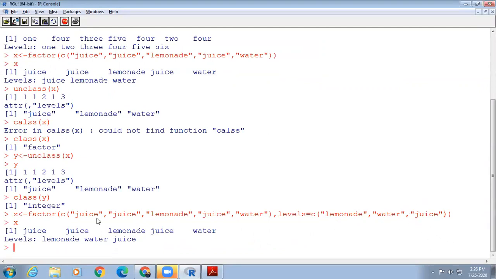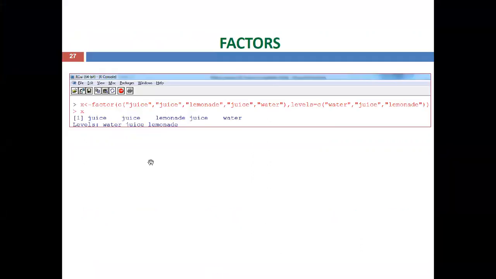The values from the vector c will be displayed in the same order, but levels as per our convenience. This is another way. So if you want to assign different order levels, at that time you can use the command levels.